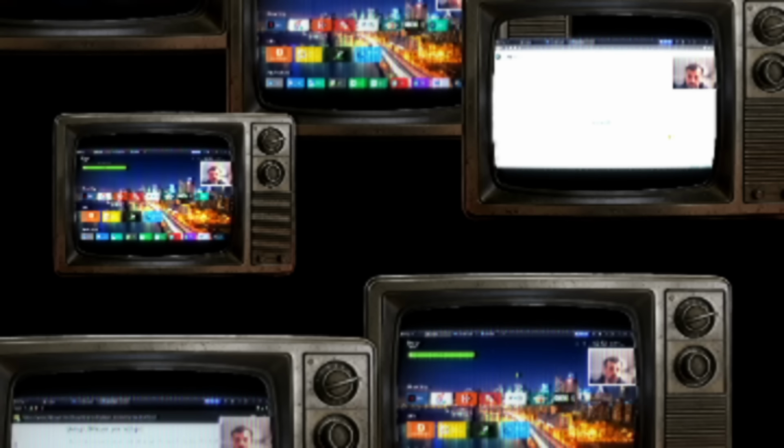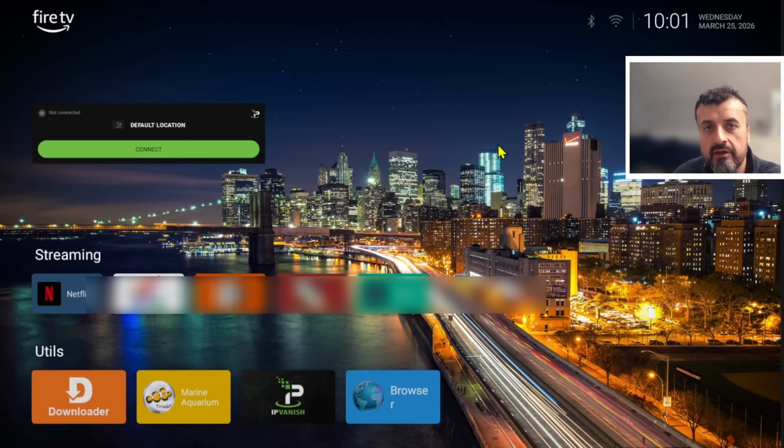What if I told you what you're looking at here is not my Fire Stick, it's not my Android TV device, it's actually my PC. And this will allow you to run all of your favorite Android applications much faster than any kind of streaming device. Now, I've been testing this over the last few days, and honestly, I was actually surprised at how fast